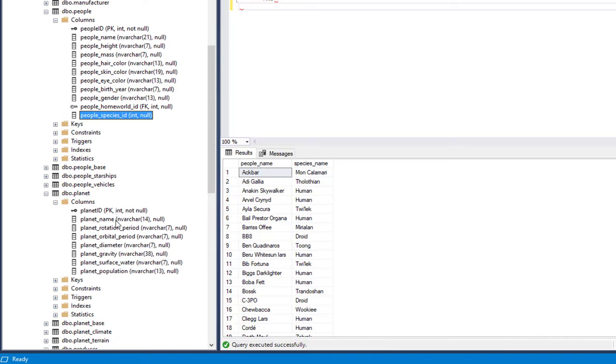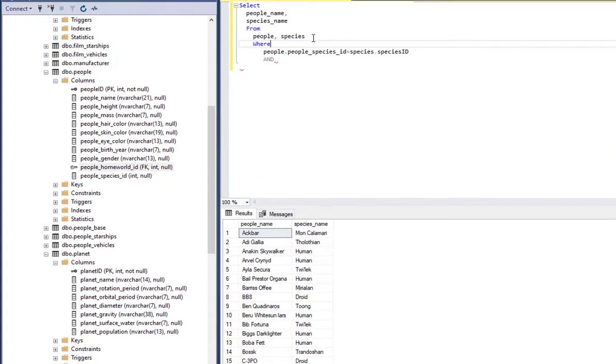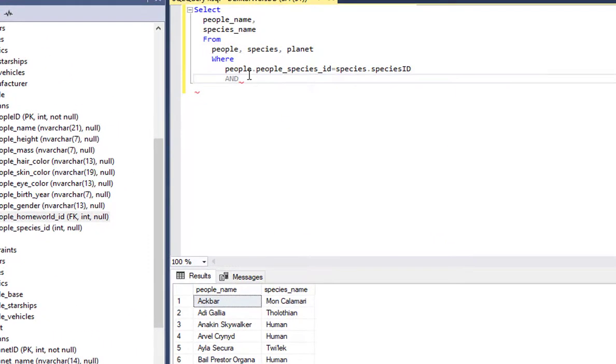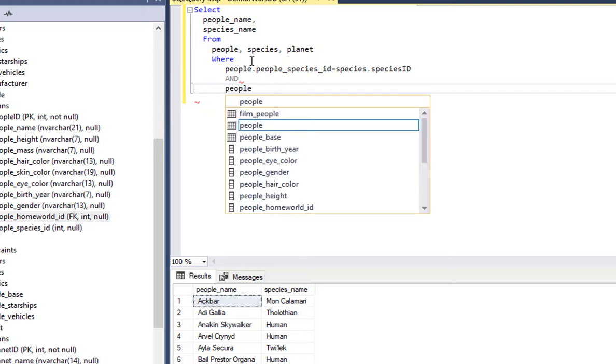Now, once again, having reviewed the entity relationship diagram, I could see that the people homeworld ID is the foreign key that connects to planet ID. So the first thing we'll do is in our from clause, now we're going to add the planet table. And to do the join, we're going to join it from the people table to the planet table. To do that, we'll say people